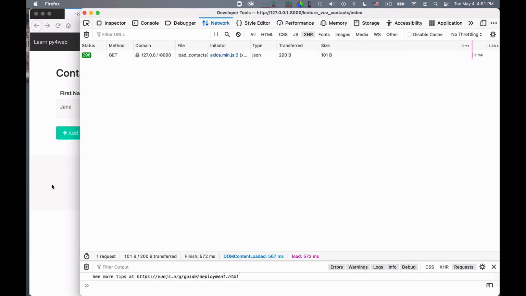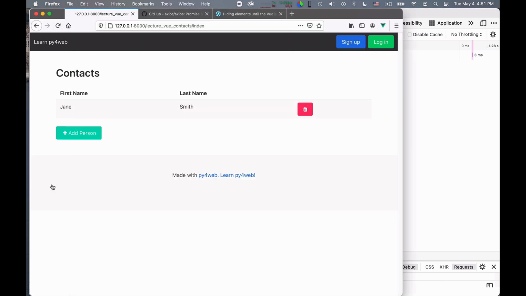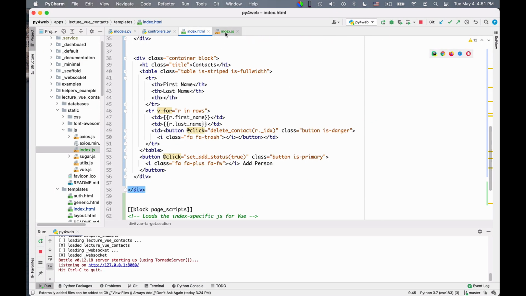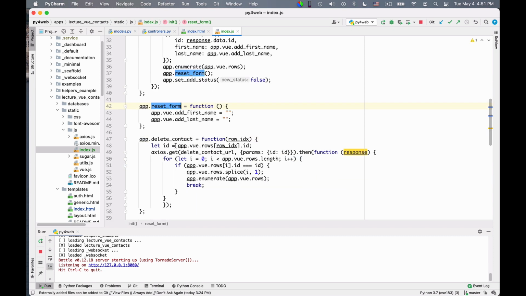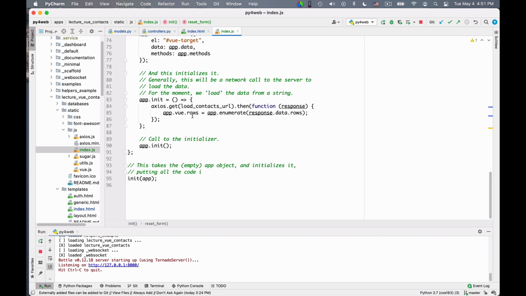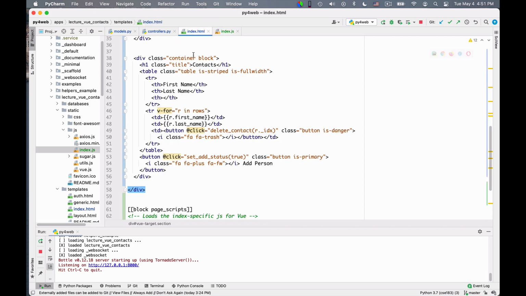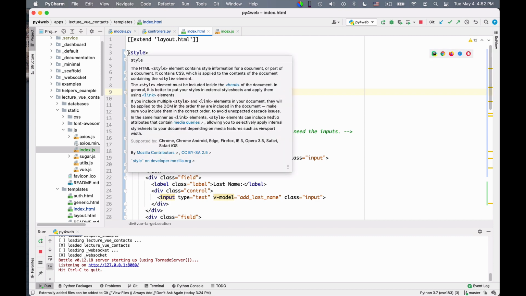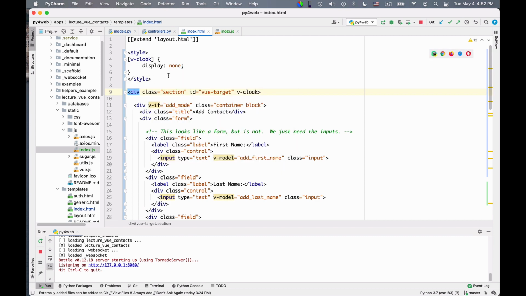All the information is from the beginning under Vue control, and the only delay in displaying the contacts is because the contacts are displayed as a result of this callback. This callback here, app init, initializes everything. So this takes a bit of time, but at least there is no spurious information. Of course, what I really wonder is why do we need to bother with it, and why doesn't Vue do it automatically? Why do we need to define this additional CSS style and this v-cloak element? I think it should happen by default, really, but this is the way it was done.